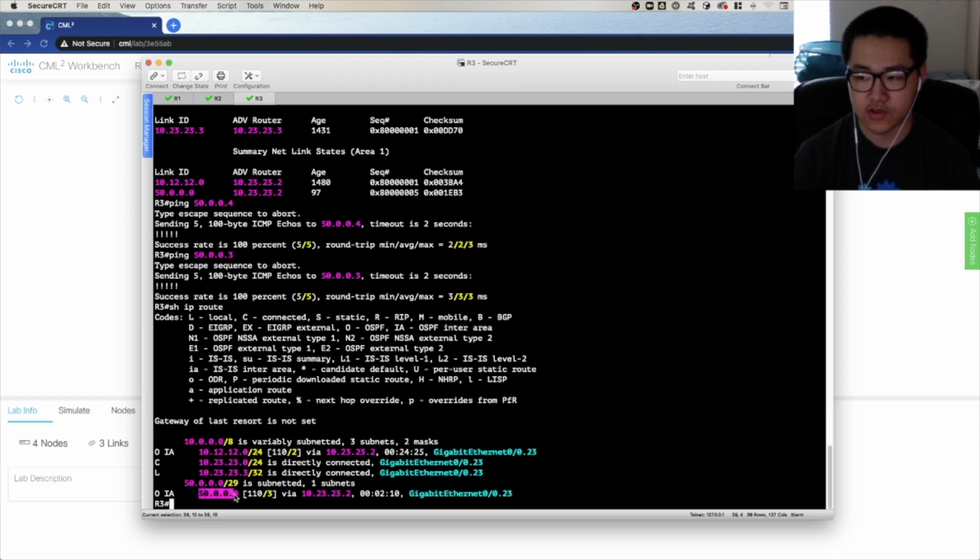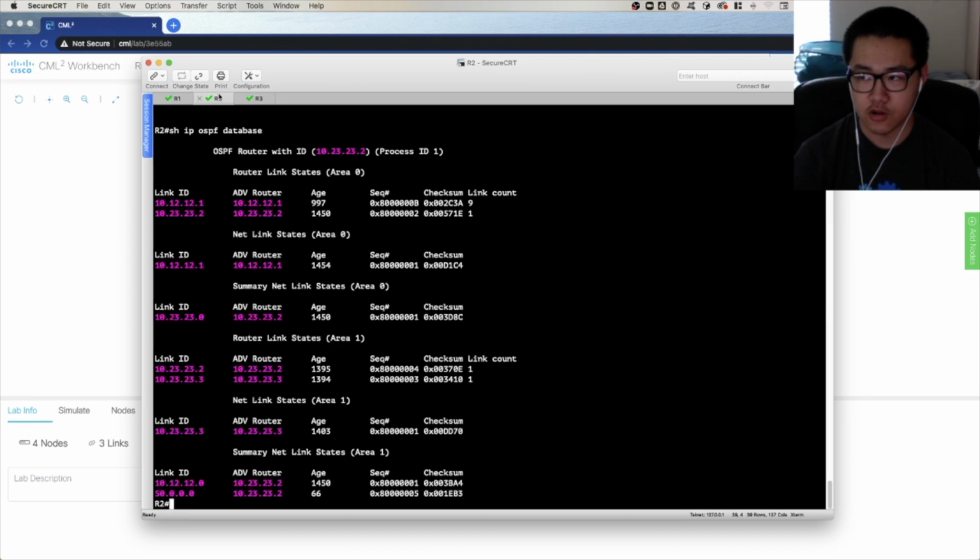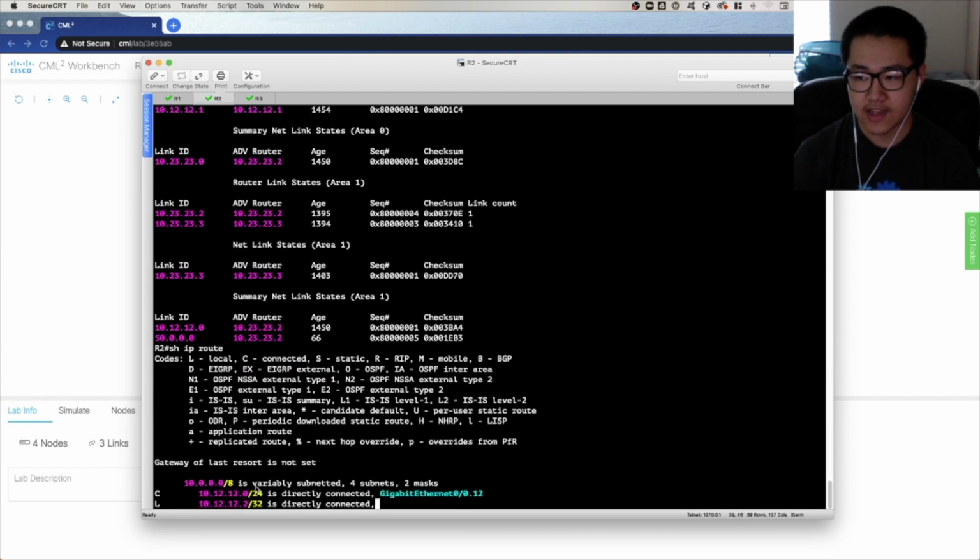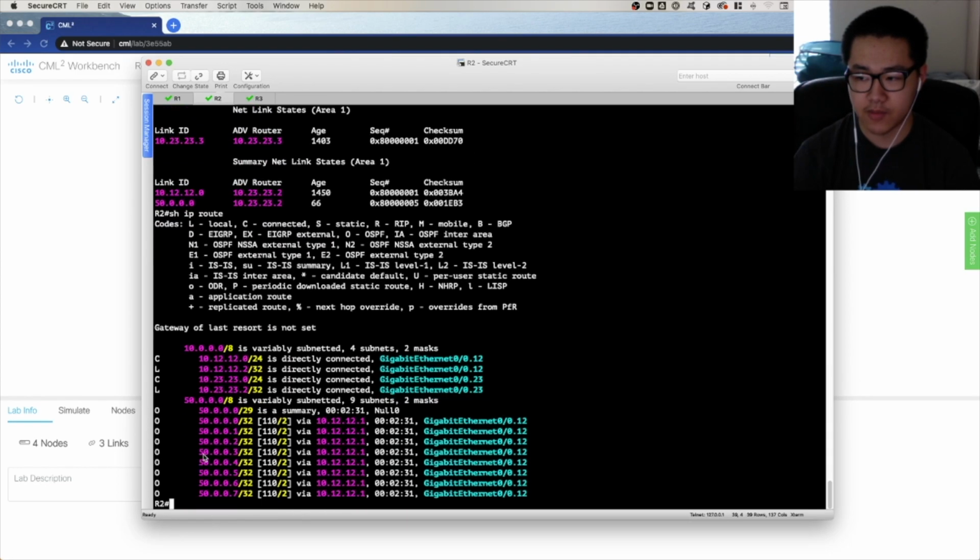So R3 uses its summary route to get to R2, and R2 has a more specific route coming from router 1, so it goes to router 1, and from there, that's where the